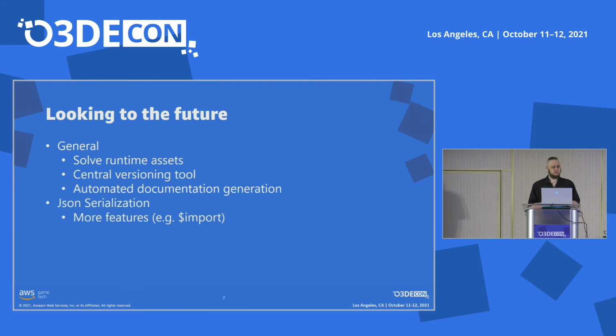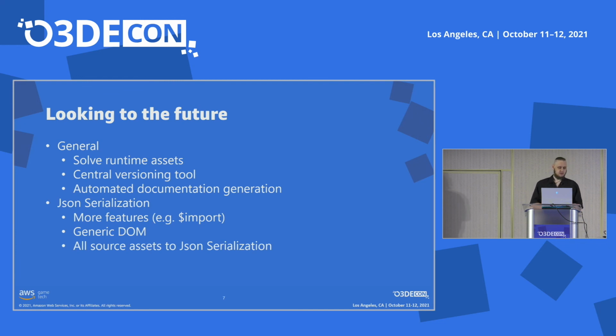For the JSON serialization in particular, we're looking to add more features over the next few years. One of them that we announced yesterday is the import feature that will allow one JSON document to be incorporated into another JSON document, optionally with a patch applied on top of it. We're also looking to build a generic DOM. Over time, this will mean that the JSON serialization would move to be more of a DOM serialization. And with that, we will be able to support not just JSON, but also XML, YAML, TOML, and other similar formats.